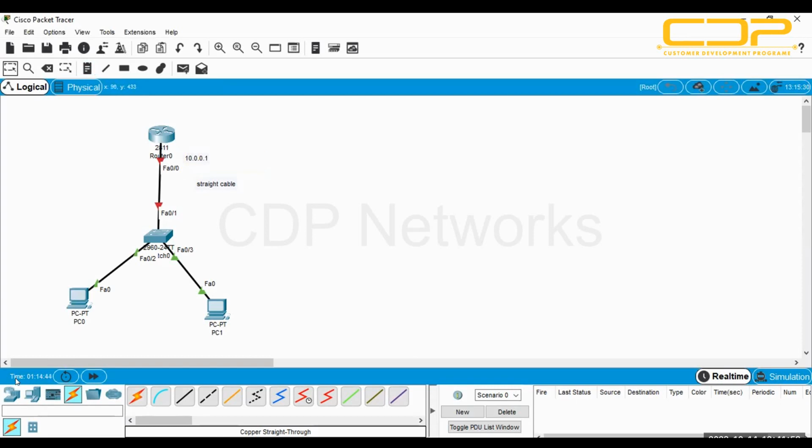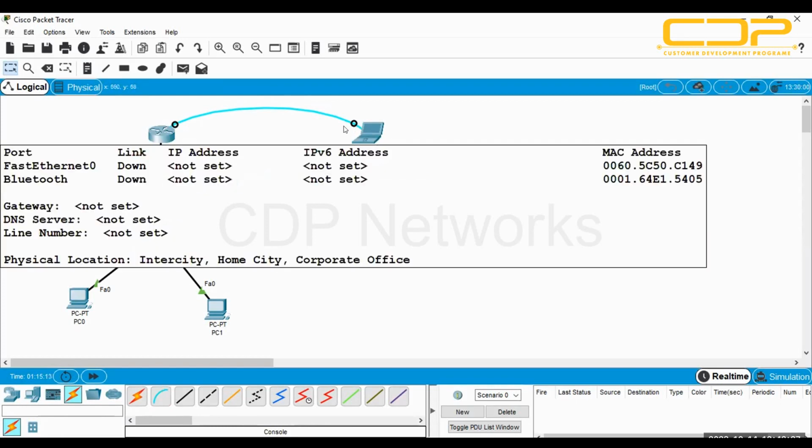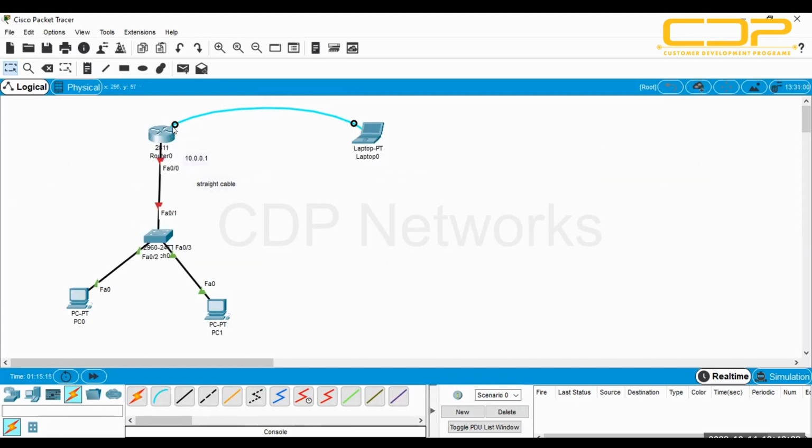Here I'm taking a laptop, right? And I am connecting this laptop using the console cable to the console port of the router, and connecting to your laptop serial interface, that is RS232, we know, right? If you connect the laptop to the router,